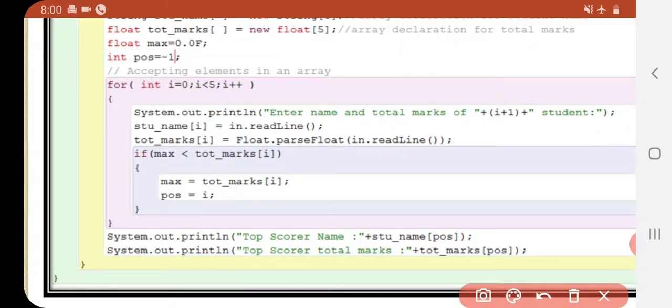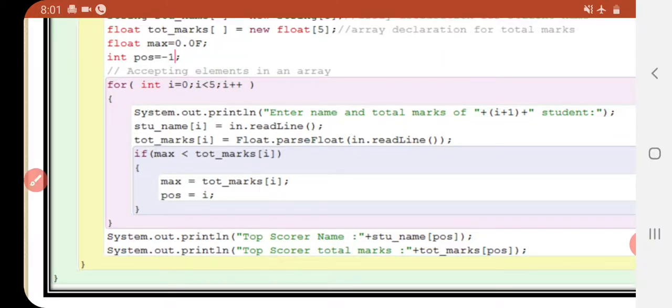In this way it is going to be stored. That's why we have to put I, because I shows us in which position we are storing that name. In 0th location we are going to store the first student name, and then in 0th location of tot marks we are going to store the total marks of a student. In this way the loops rotate, and in different locations we are going to store every name and marks. The stu name in one position and tot marks in one position, we are going to store each and every value.